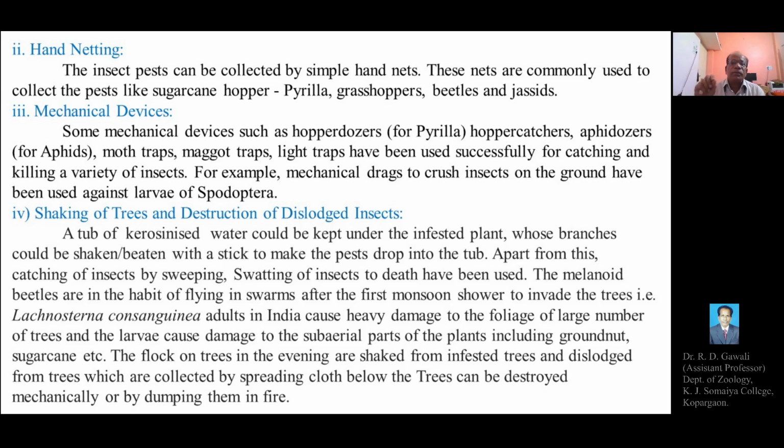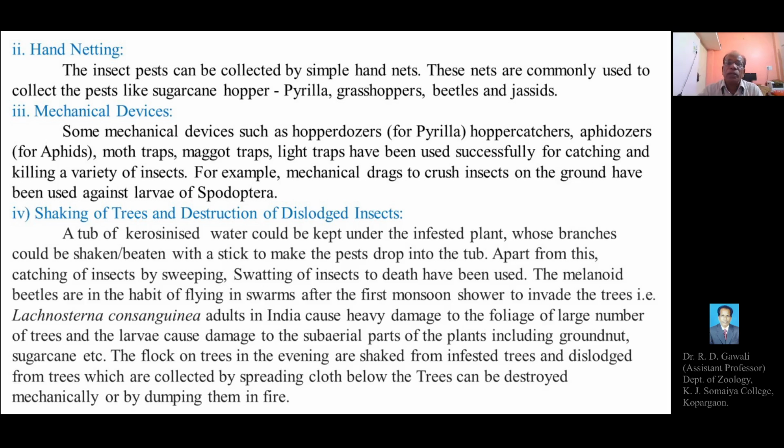Then adult melolonthid beetles have the habit of flying in a swarm or in a group during the initial stage of monsoon. In India, these beetles cause heavy damage to the foliage of a large number of trees, and the larvae cause damage to the subaerial parts of plants, including crops like groundnut or sugarcane. So, for the collection, destruction, killing or control of the beetles, which have the habit of flying in a group or in the form of a swarm after the first monsoon shower,